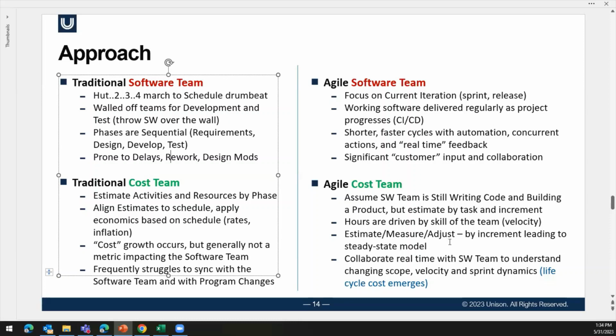Cost is always looking a little bit ahead, but it's very Markov. All we know about the future is what we've learned from the past. So we start recording that history. We estimate, we measure, we adjust, and we leap forward to the next state. And then we estimate, we measure, we adjust, we leap forward. So costs can be leaping 1 or 2 increments into the future, but it's very much based on what they